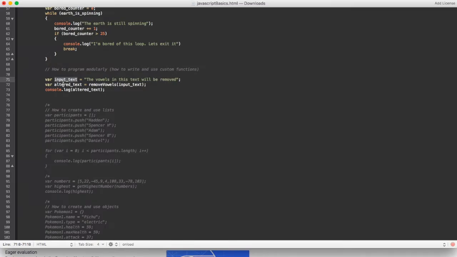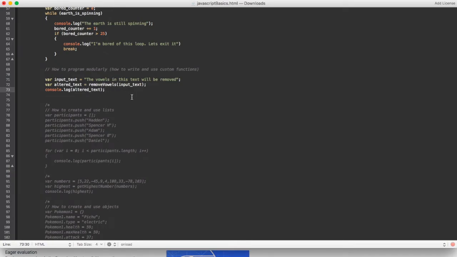And then we've got another variable that's going to hold the return value of a function called remove vowels, where I pass in that input variable's value. And then it's going to log or output into the console what that finished product looks like